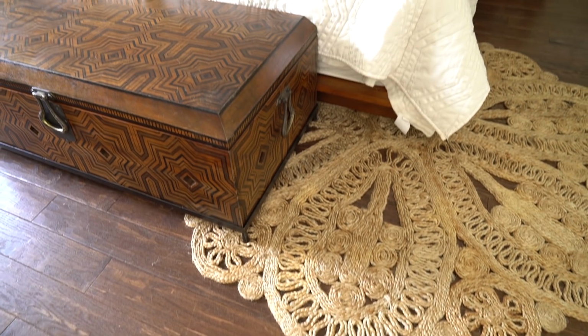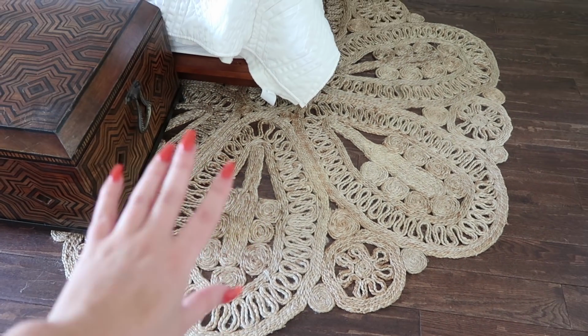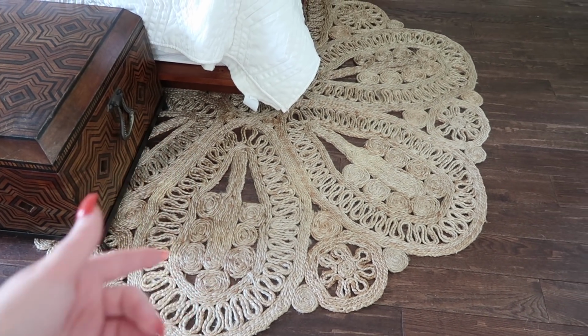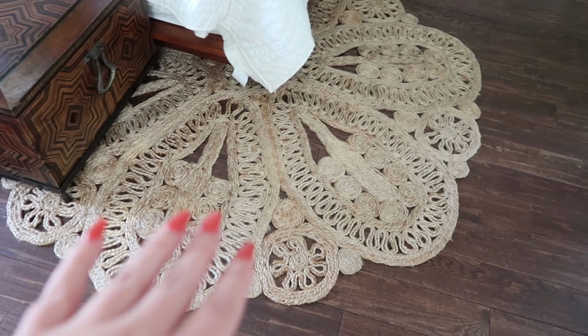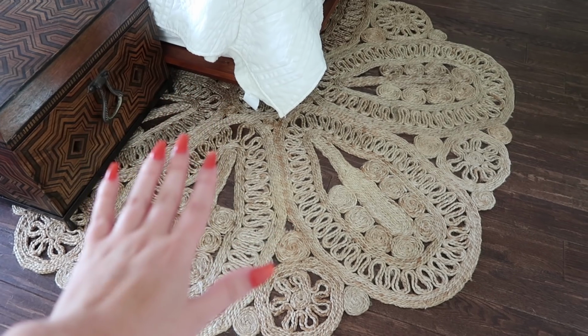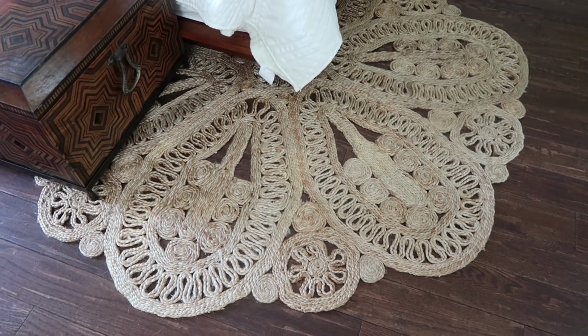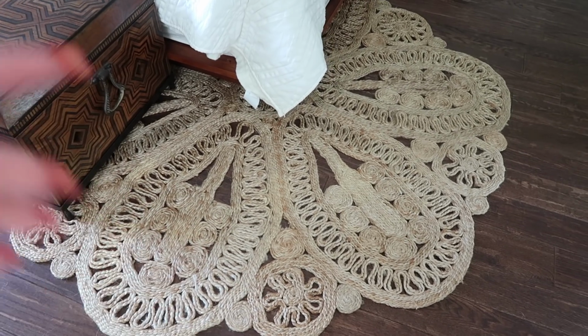And then I have another one of my favorite little pieces, which is this jute rug from Wayfair. Jute is getting super popular and trendy right now in home decor, and there's a lot of places that sell them for way too much. If you ever see a jute rug and it costs over $400, do not buy it. They are so much cheaper online. You can get them on Wayfair, you can get them on Joss & Main, you can get them on Amazon,